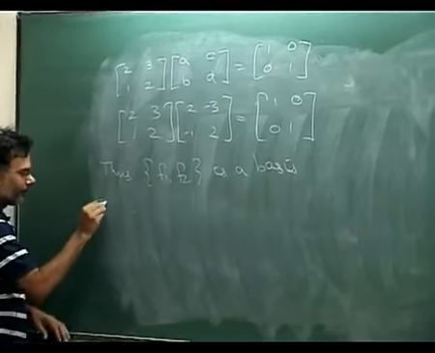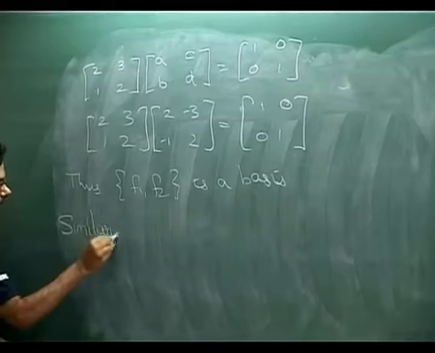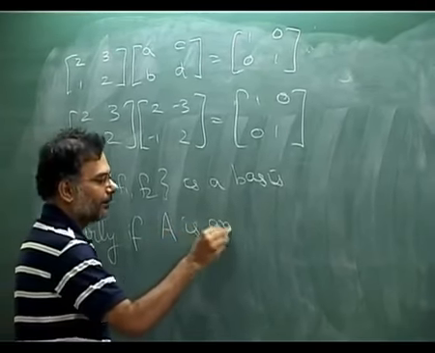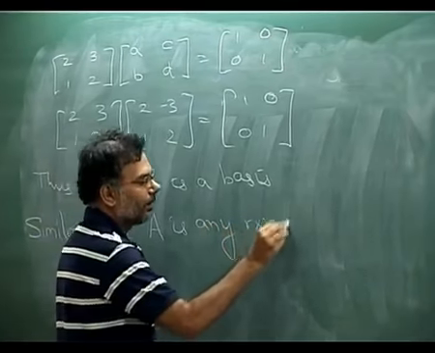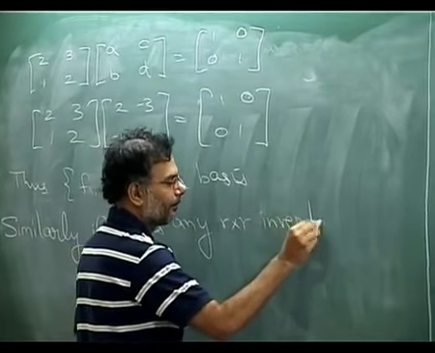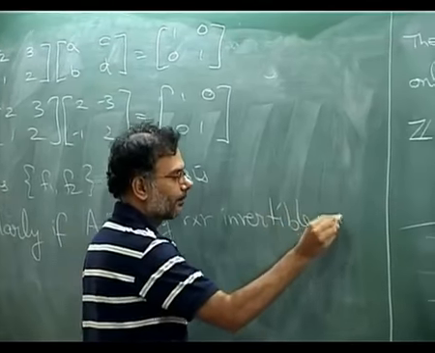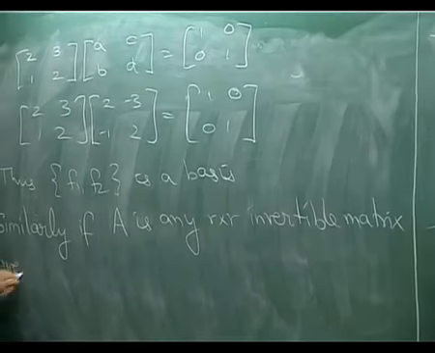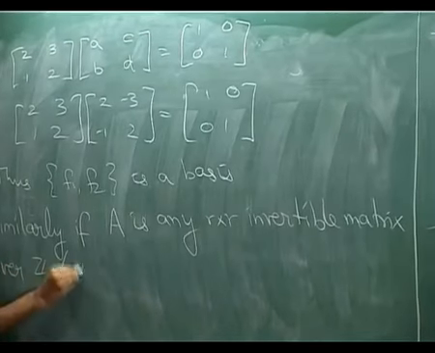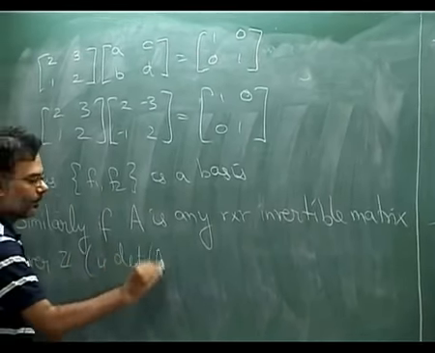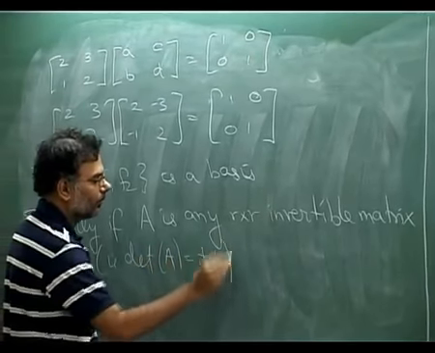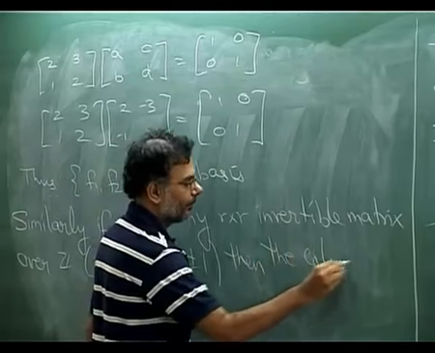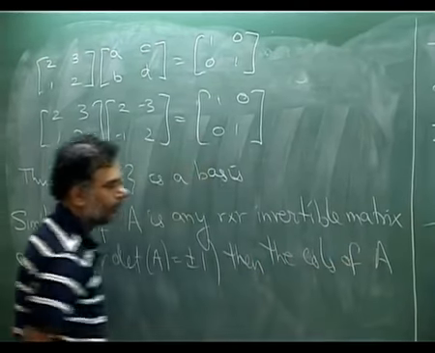Similarly, if A is any R cross R invertible matrix over Z, that means its determinant is plus or minus 1, i.e. determinant of A is plus or minus 1, then the columns of A are a basis